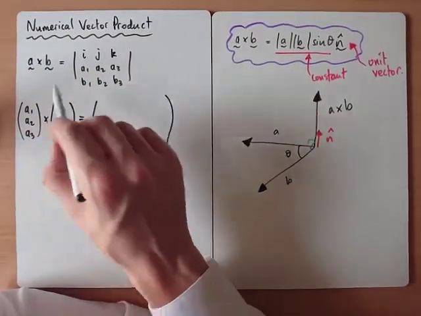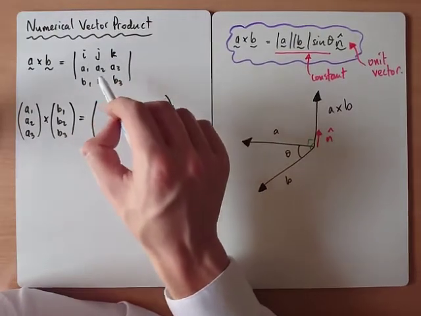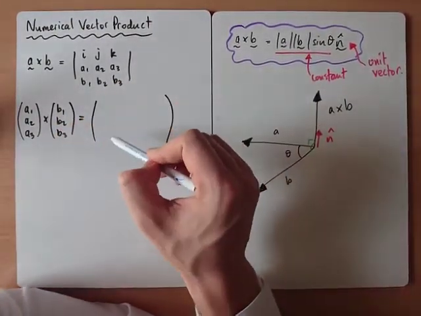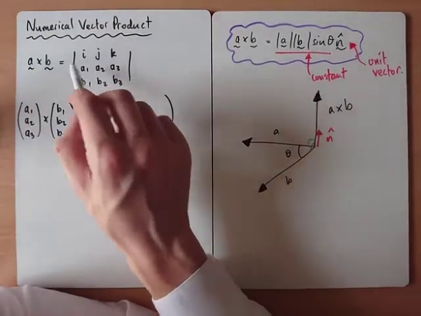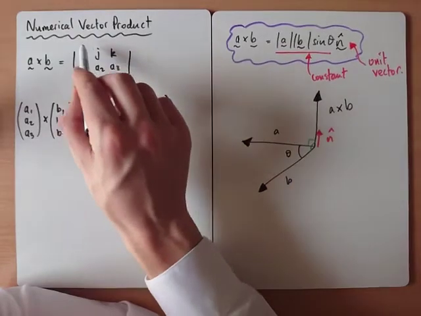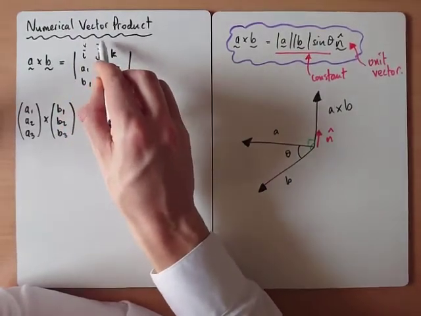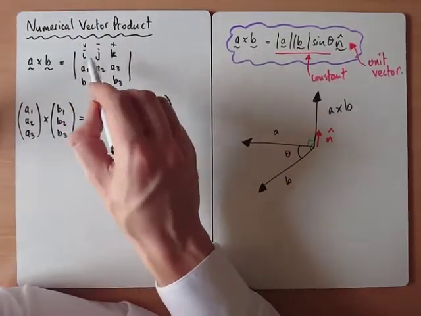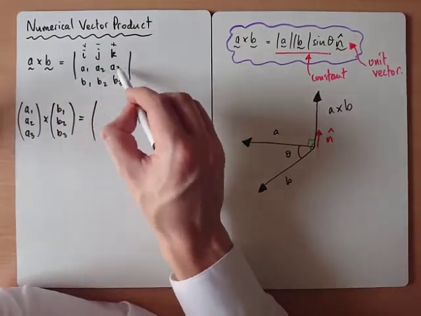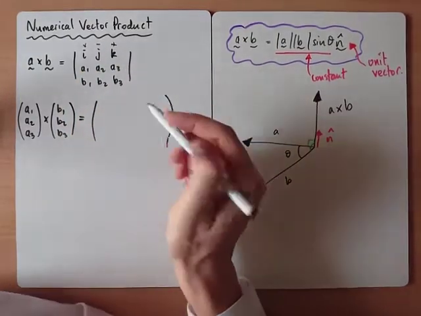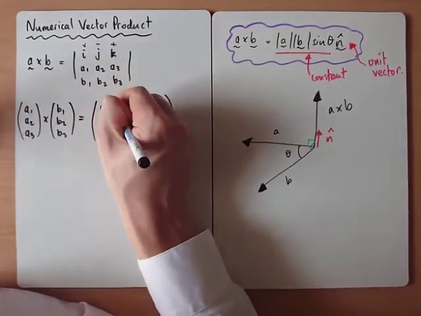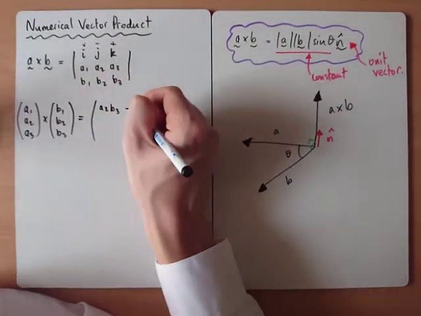But I prefer to understand that it comes from this, but then just remember a rule instead. Once you've done a few of these, it's a bit easier to remember. If we were going to calculate the determinant of this matrix along the top row, remember we'd have the plus minus plus pattern. So that would be i, and then the determinant of what is left. That would be a2 b3 minus a3